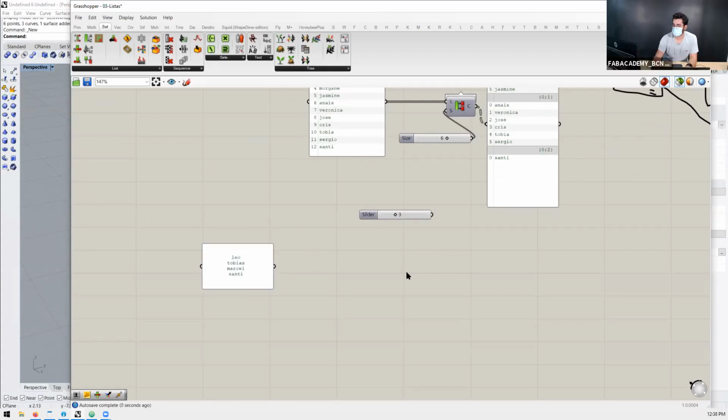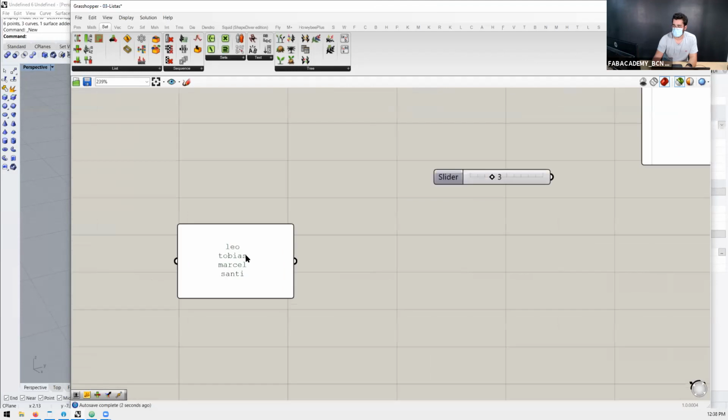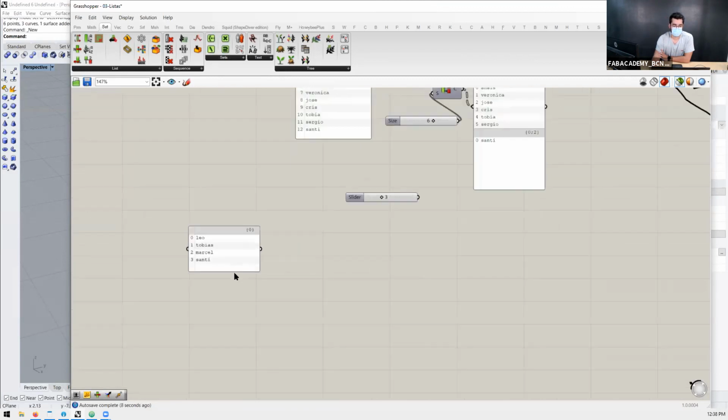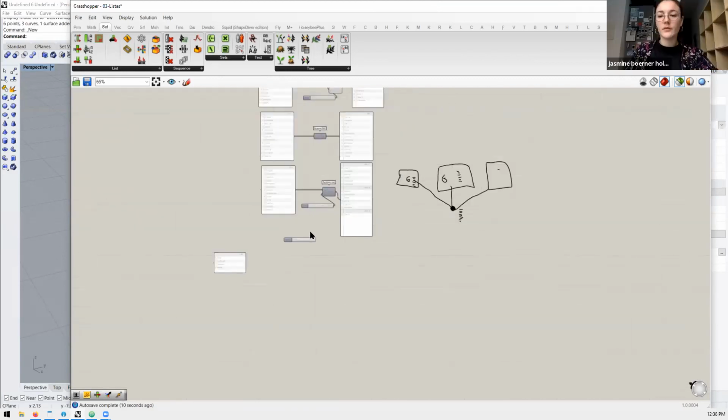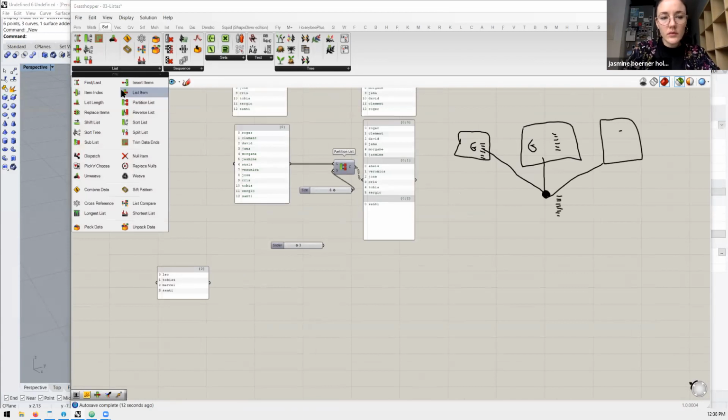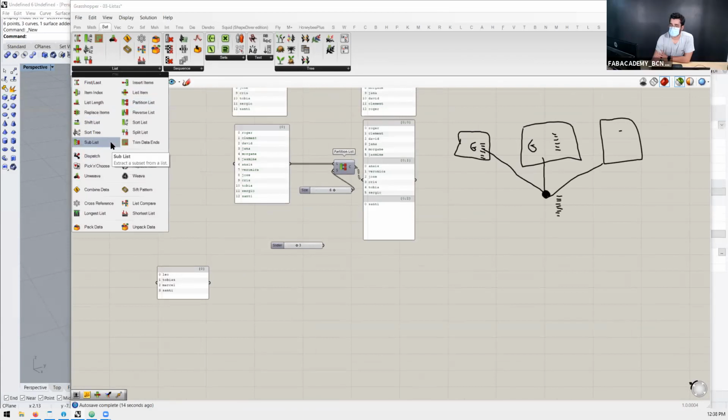Santi, and you click outside. By default, it will be just white. It will not be multi-line. So you right click and set multi-line data. Okay? Thank you. So we have a lot of operators, and we can extract components, we can split the list,